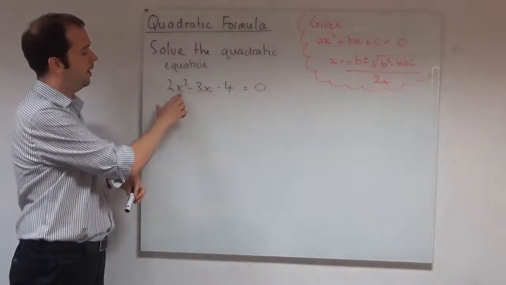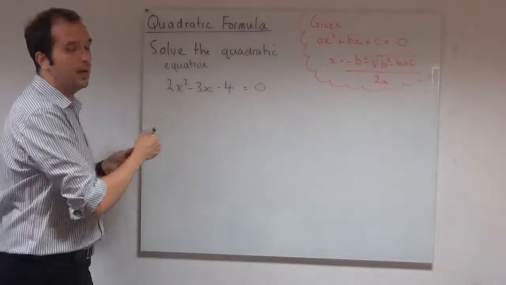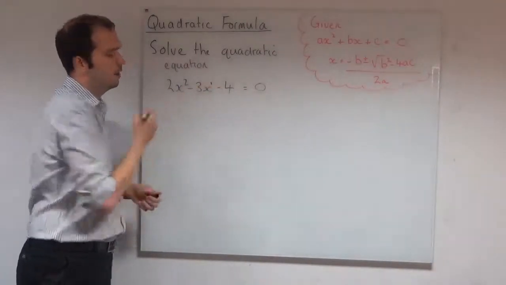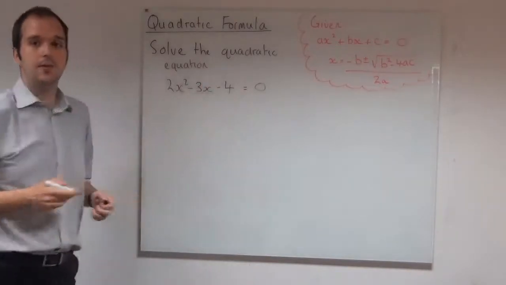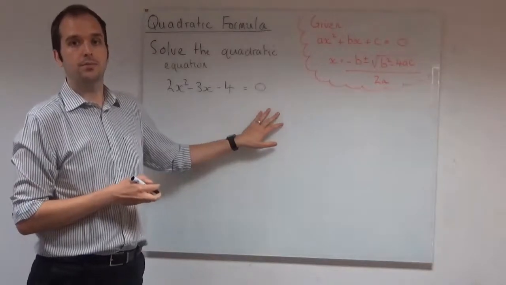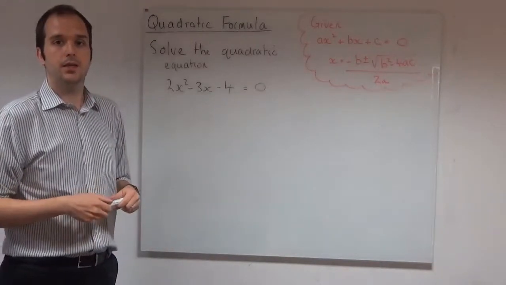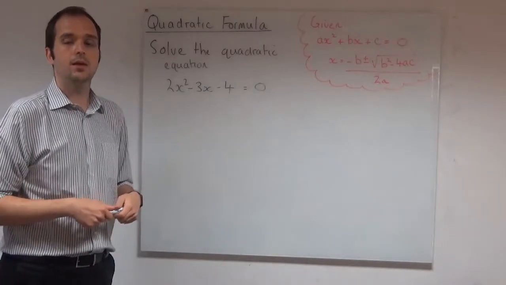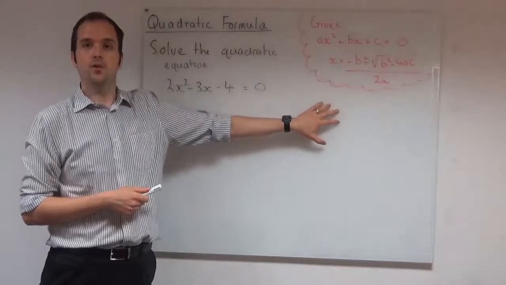So we have a 2x squared, we have a 3x, and that's actually a power of 1, but we don't normally write that in. And then we have a constant term, and it is equal to 0. Now, there's lots of different ways which you can solve a quadratic equation. You can factorise it, you can complete the square, or you can use the quadratic formula, and that's what we're